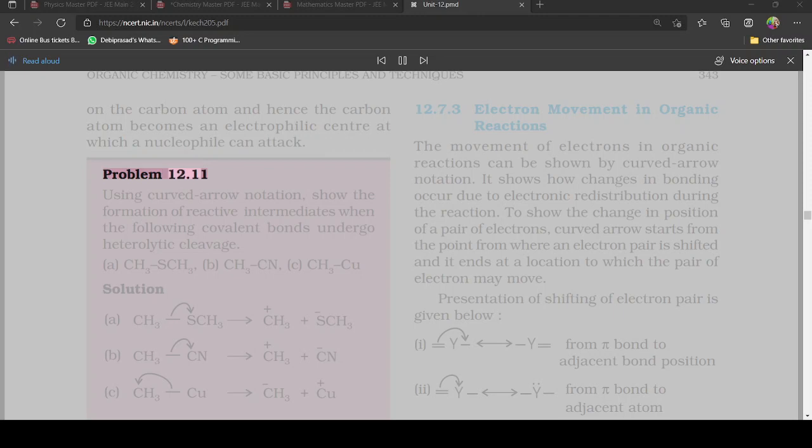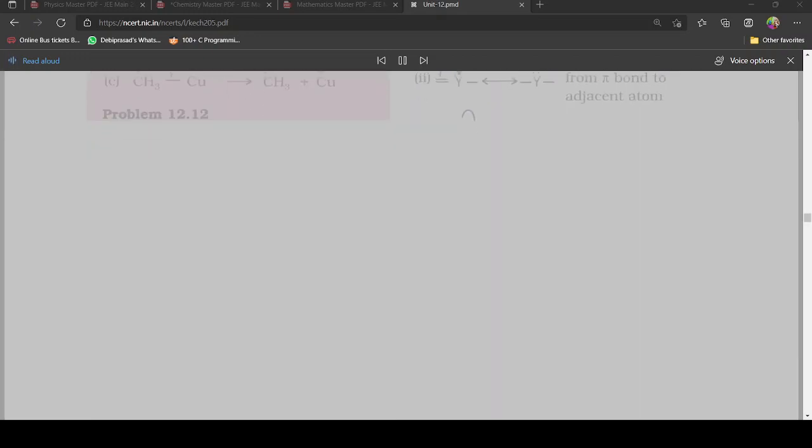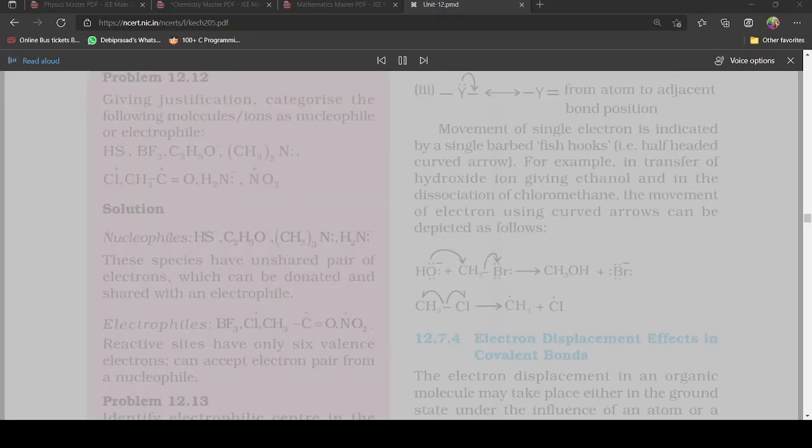Problem 12.11. Using curved arrow notation, show the formation of reactive intermediates when the following covalent bonds undergo heterolytic cleavage. A. CH3-SCH3, B. CH3-CN, C. CH3-Cu. Solution. Problem 12.12. Giving justification, categorize the following molecules and ions as nucleophile or electrophile. Solution. Nucleophiles,